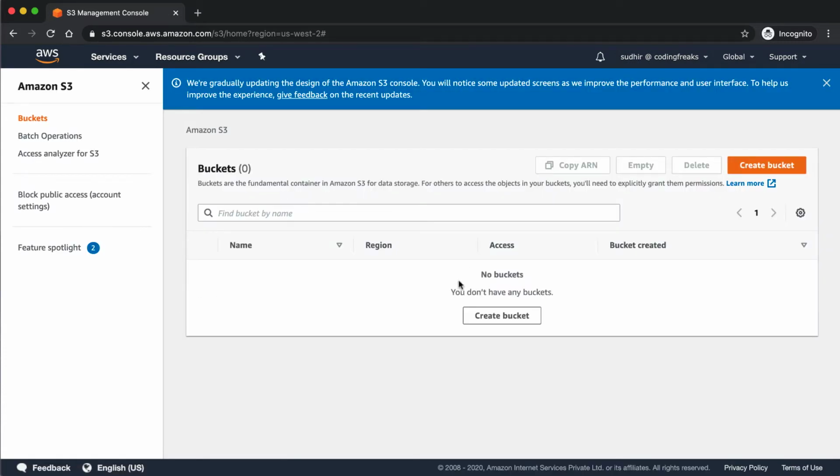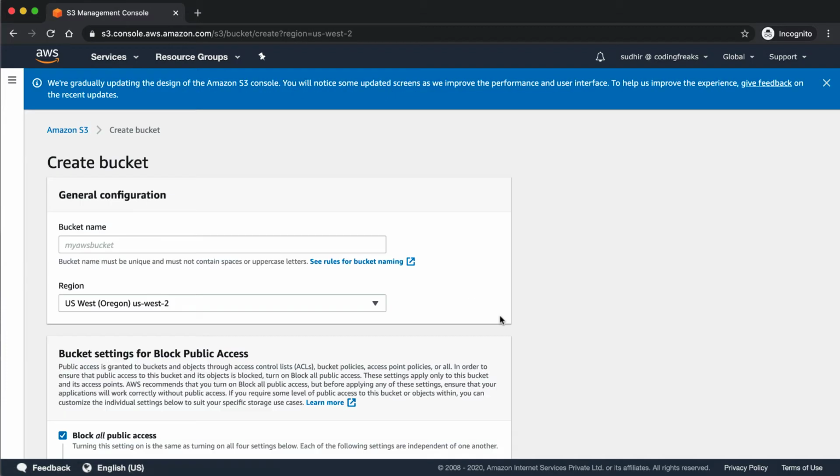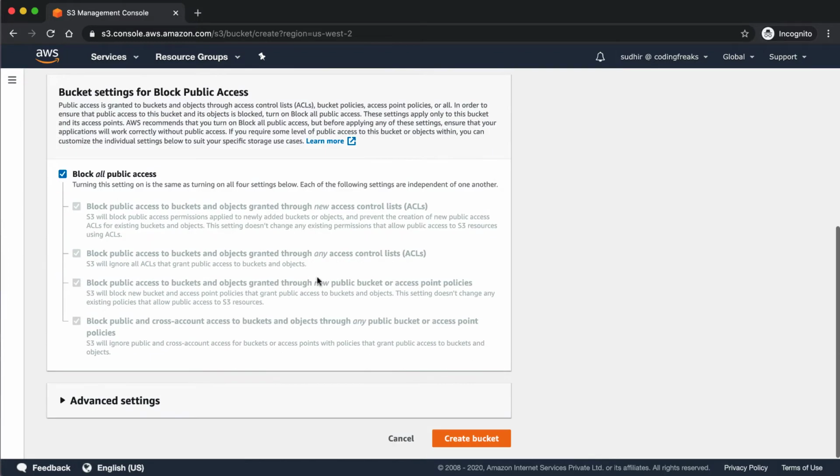We'll be creating a new bucket. While naming this bucket, you need to remember that you have to use the domain name as the bucket name. In my case, I'm going to map the sudhir.com domain onto this, and I'm going to use a subdomain for this, which is going to be demo. If you want to have a subdomain, then we should be using it like this. So we'll be using demo.thesudhir.com for this demonstration. Click create bucket.